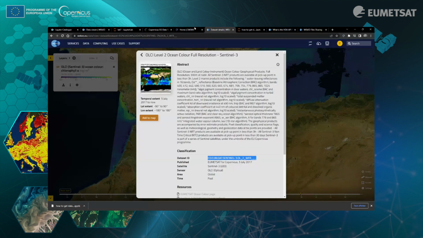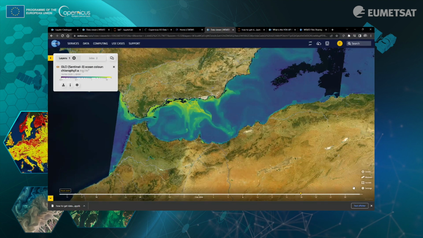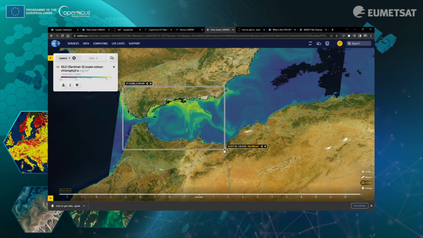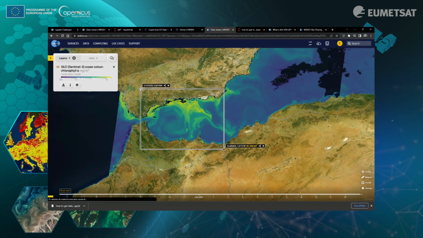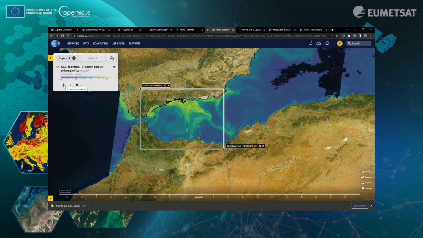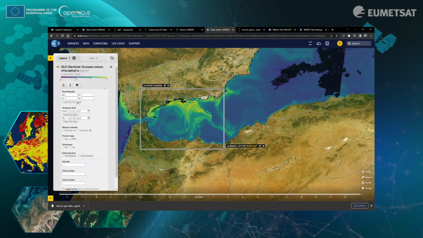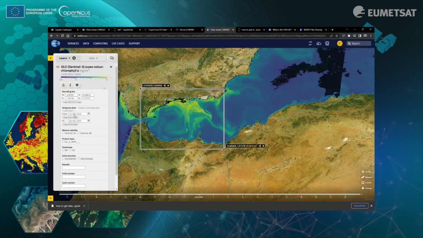So to do that, back to the viewer, I will select my area of interest, selecting this feature. Okay, this is my area of interest. Okay, and now I will just click on subset and download. Copy the area of interest from the map. Copy the start date from the layer.